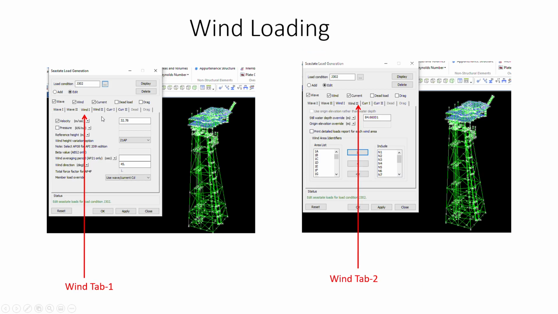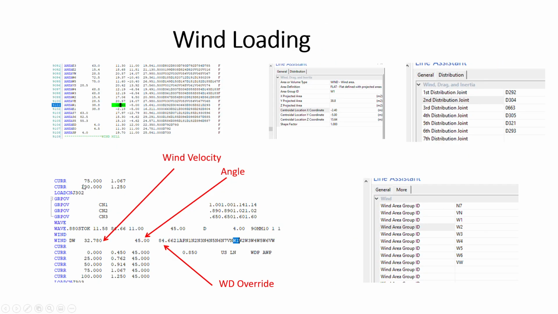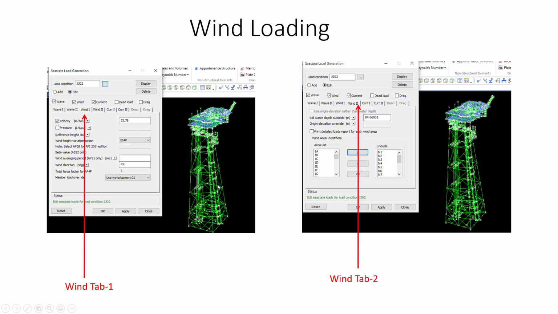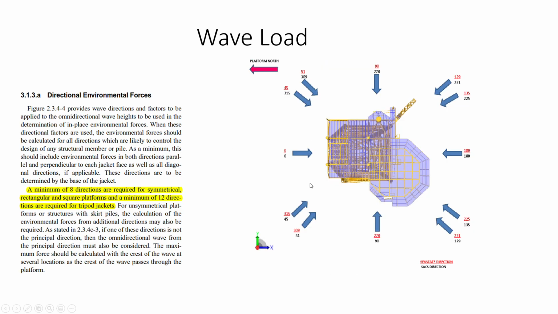And wind loading, how do we do that? Again we go to environment and click the wind. From here, see wave, wind, current, it is there. Click this one and you will get some boxes. Whatever list you have to consider, just select this list, include and exclude, and apply. Once you do this, it will generate in the datagen over here.